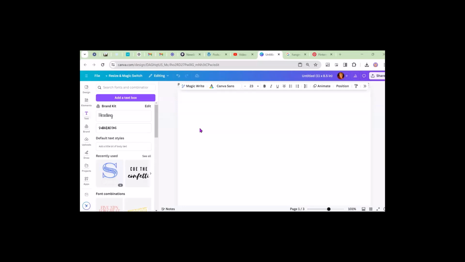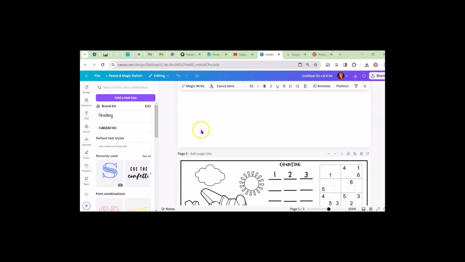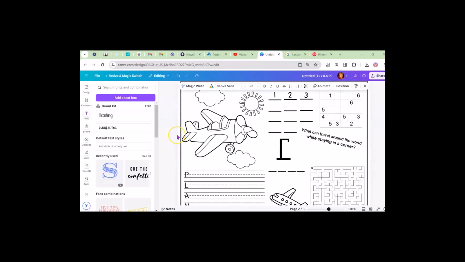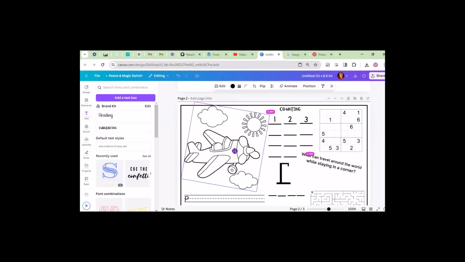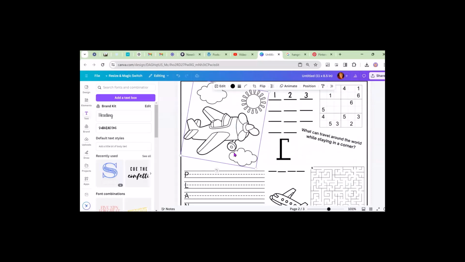And you can create these for your own kids. You can create them to sell. You can create them just for the holidays or all year round. So here is one that I created that would be perfect for just all year round. I made mine a little crowded, and maybe you don't want to put quite that much on there, and that's okay. So I've got this little coloring bit out of Canva, but you could easily make your own coloring designs